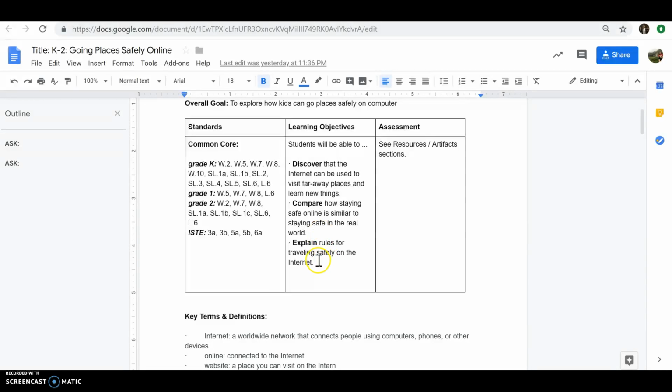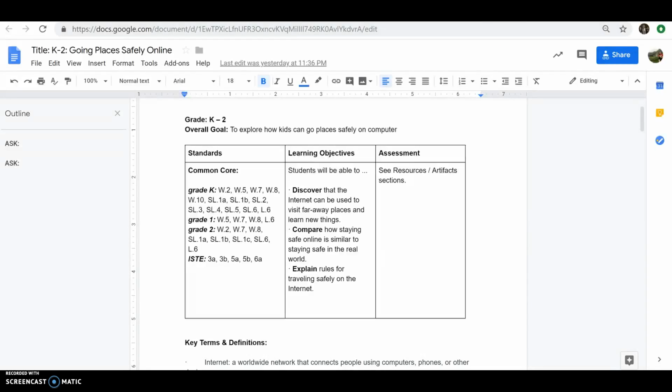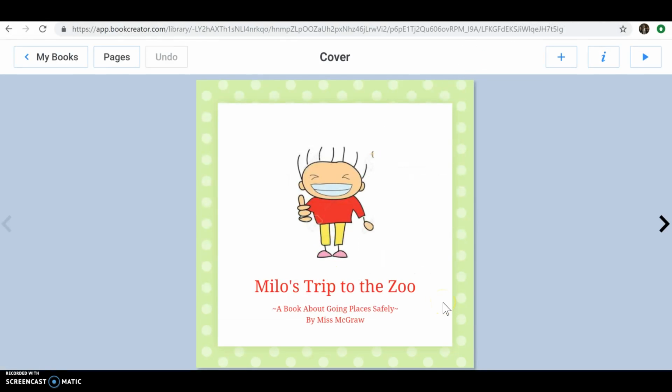And then finally, with the students and the teacher working together, explaining rules for traveling safely on the internet. So that's a breakdown of how this resource, the online book, could be used as a supplemental artifact